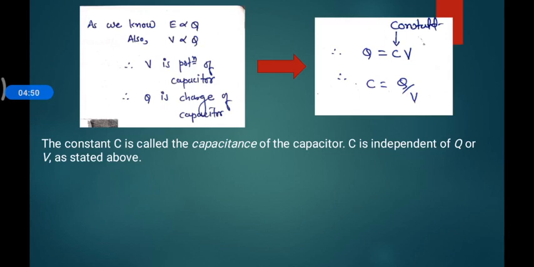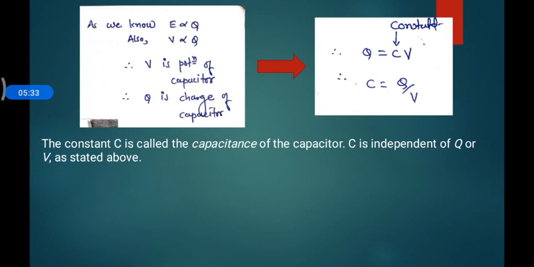The device you have is named the capacitor, but how much capacity it has is called the capacitance. The word capacitor comes from capacity of storage, meaning capacity to store charge. What is the main function of the capacitor? The main function of the capacitor is to store charge. Why? You will understand in higher studies. The C is now independent of Q and V, because C is constant for each capacitor.